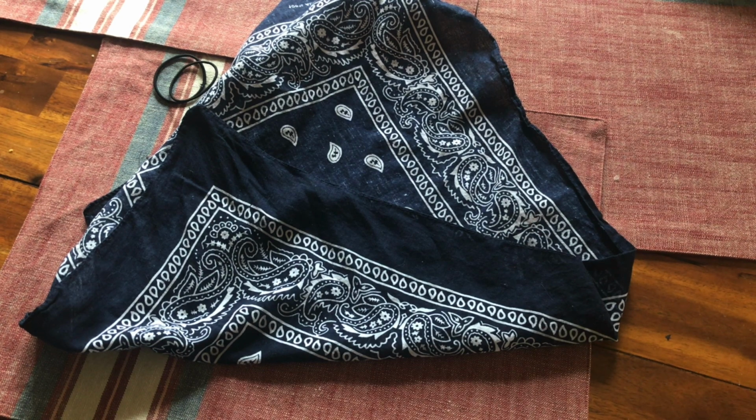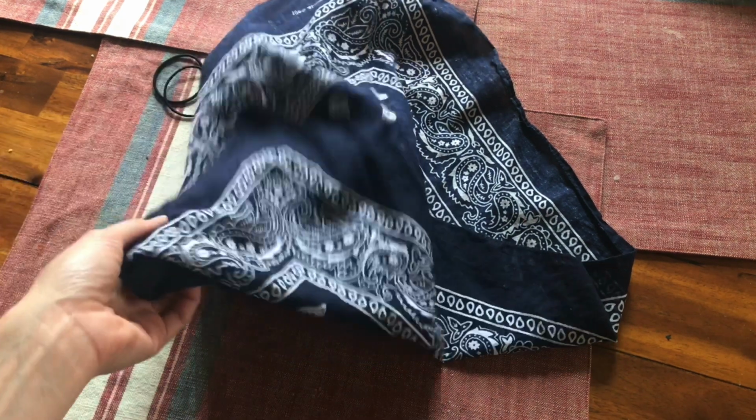So I've been seeing the new news about how you should wear a mask out now all the time, instead of just if you're feeling sick, to protect yourself better. I'm not one of those people hoarding N95 masks or surgical masks, and I don't know how to sew, so I have to make my own mask